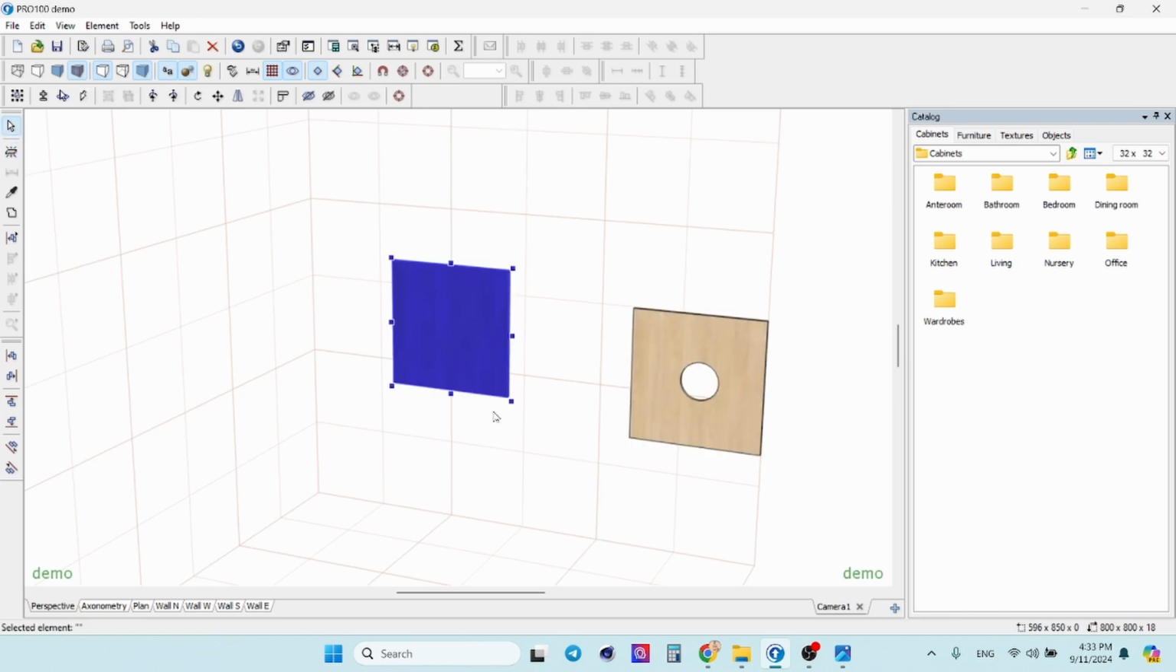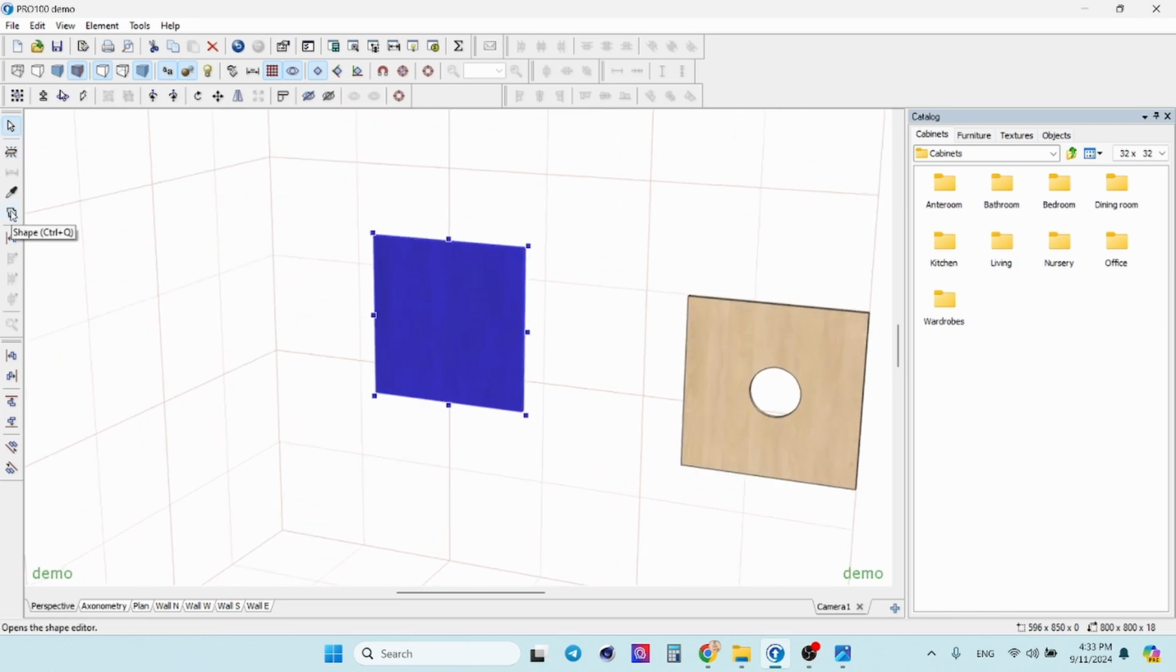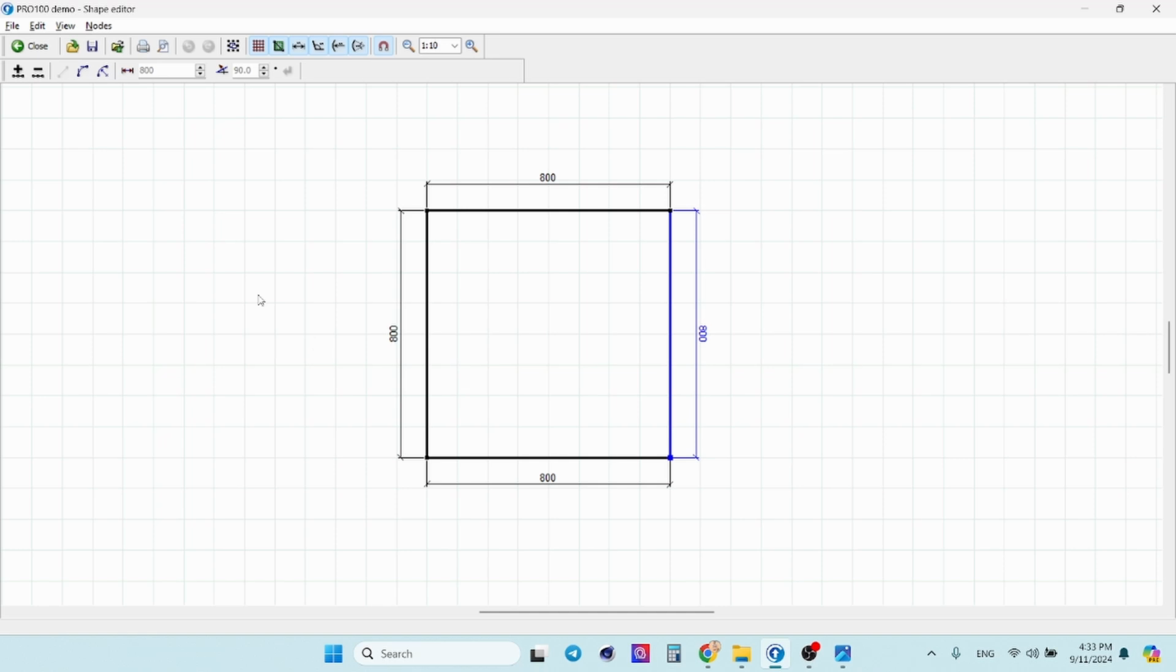Let's take a new element. Let's go to the shape editor and hit this vertex, add new, and add one more. This vertex let's put inside like this, somewhere here. Let's add one more. I'll take this vertex